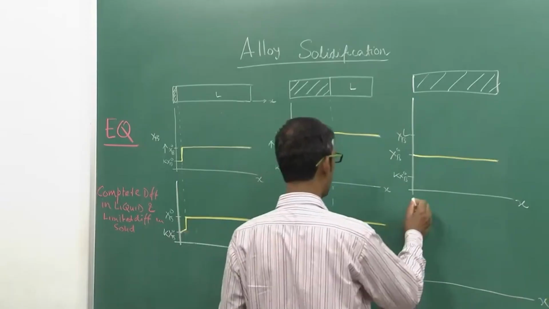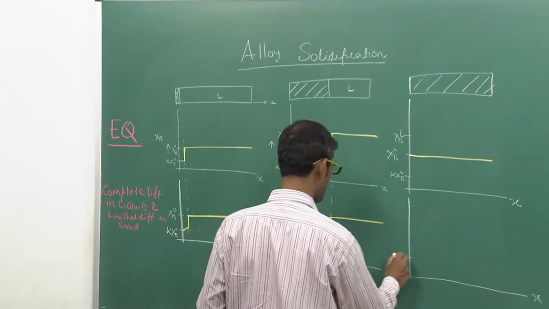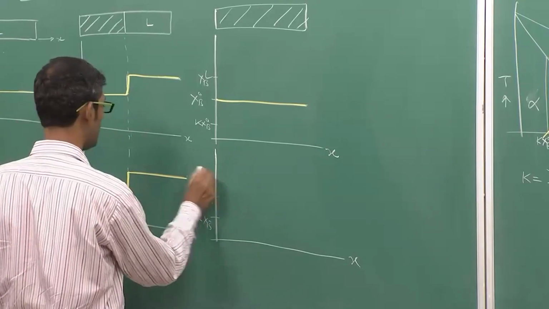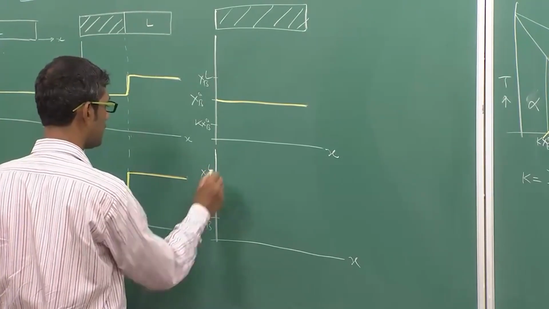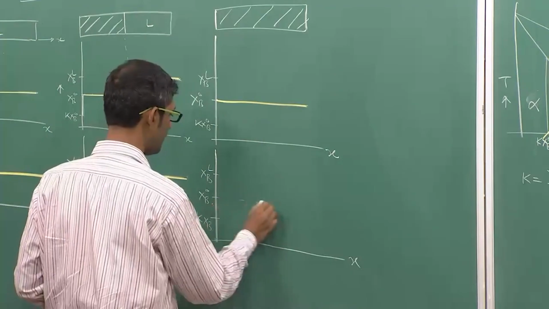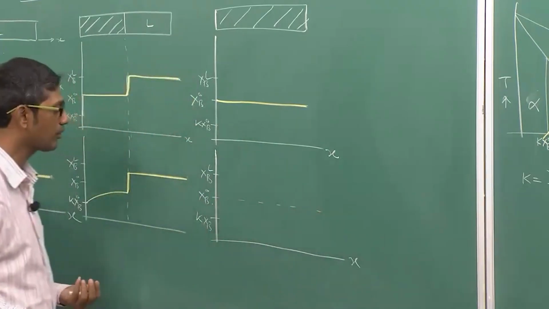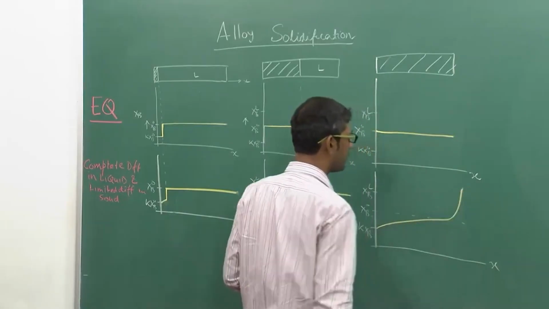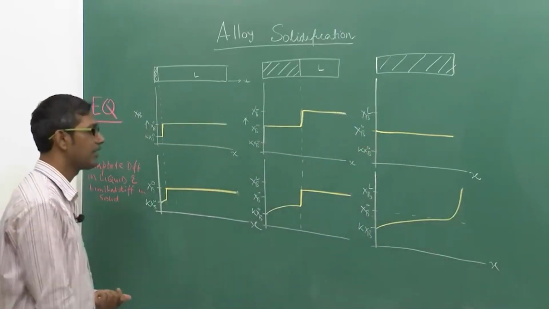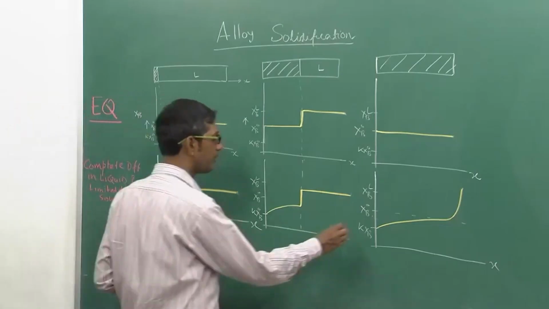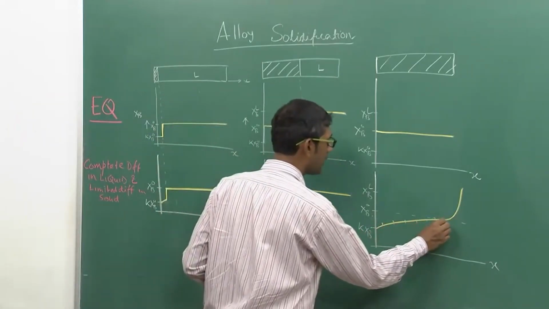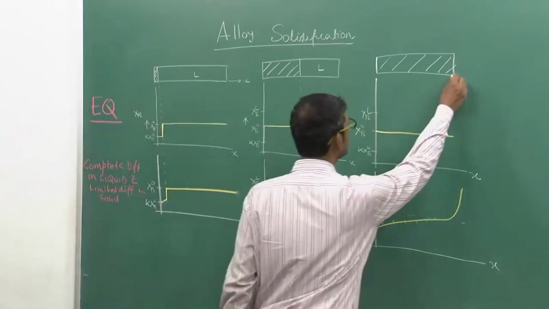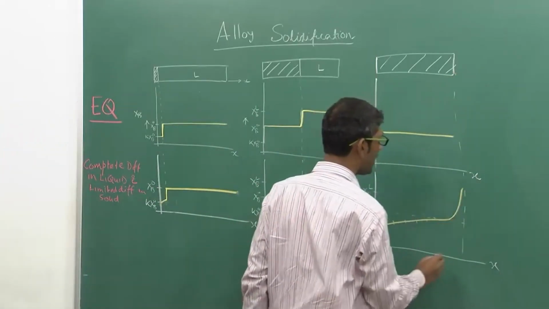When it is completely solidified, again Kxp0 point, Xb0, XBL, okay, and I am just drawing a dotted line across the Xp0. So what will happen? This will be like this. It is very clear, solid will have different compositions as a function of positions, you see here, and finally it reaches Xp0 at a later end, later part of these, you can see here, later part of that, and its